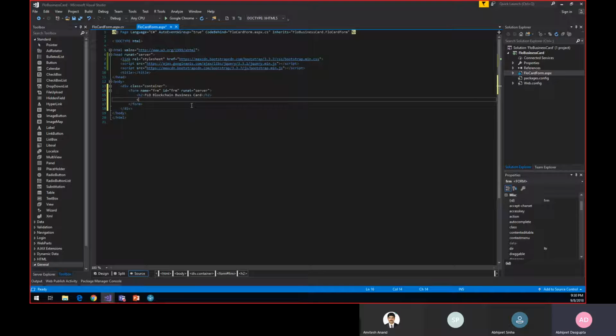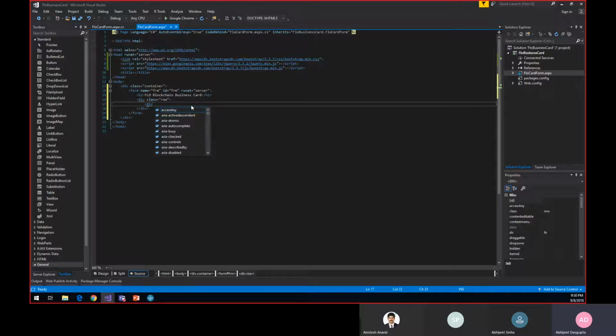So what we are going to be creating here is a div with a class called row, and this will just create a default row for us, and under that row we are going to be creating a column, a div with class col. The class column is called col,